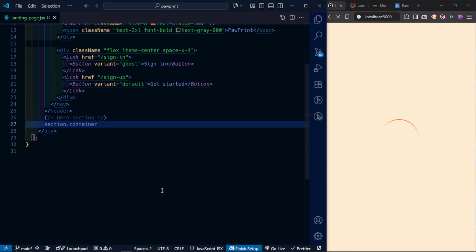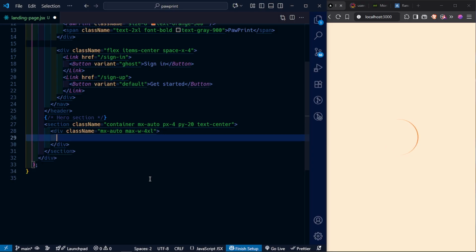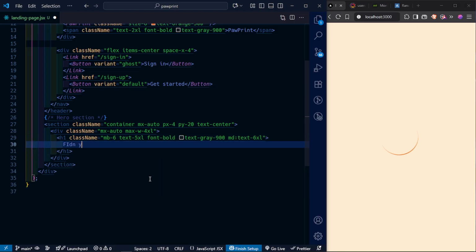So the section is going to have a class of container, and then mx-auto, and then padding on the x of 4, and then padding on the y of 20, and then text-center. And then for this section, you're going to have a div with a class name of mx-auto, and then max-w-4xl, and then inside this, we're going to have an h1 with a class name of margin bottom of 6, text-5xl, font-bold, and then text-gray-900, and then on medium screens, text-6xl, and then the text is going to say